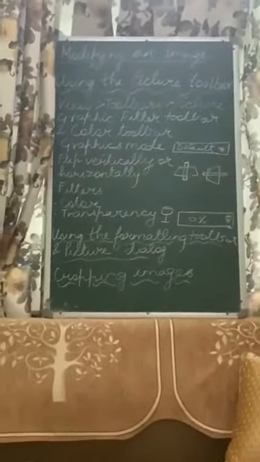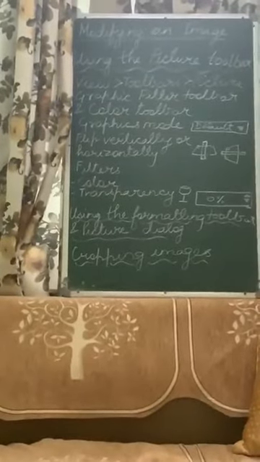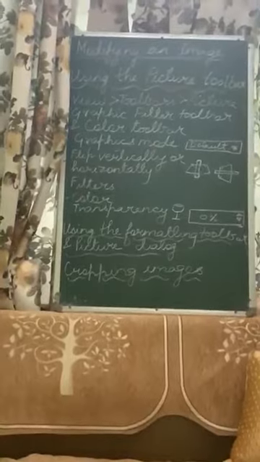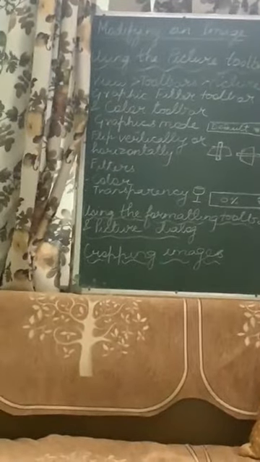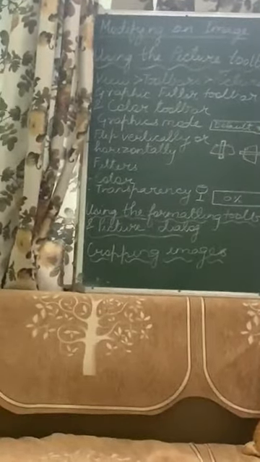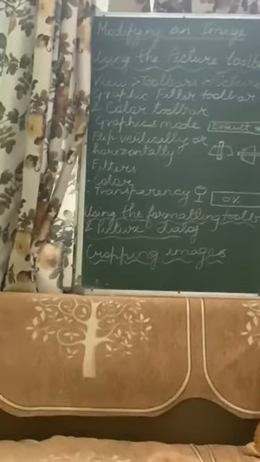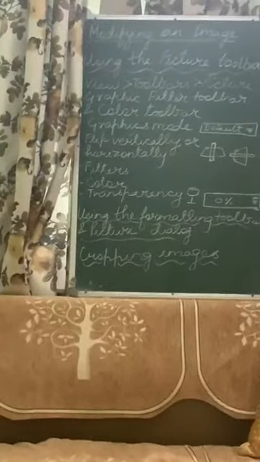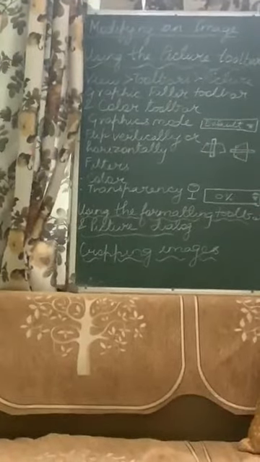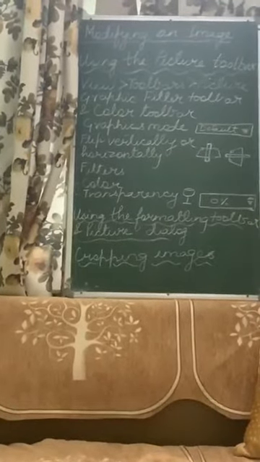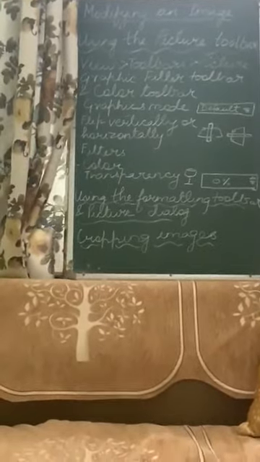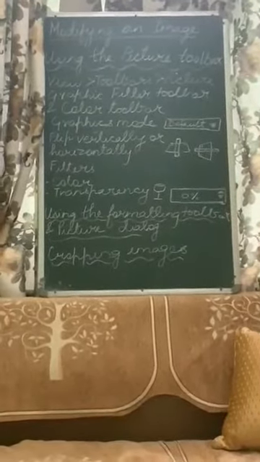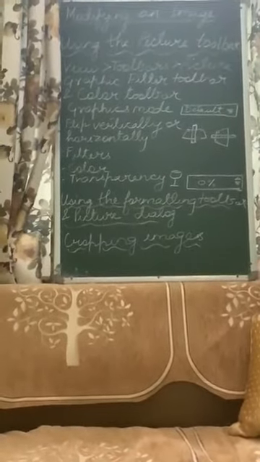Then the next is cropping the images. Cropping means you are interested in only a certain part of the image, not the complete image, so you crop or cut off the other parts. To start cropping the image, right click on it and select picture from the pop-up menu. In the picture dialog you get one tab known as crop, where you can cut out the unnecessary portions from the image.